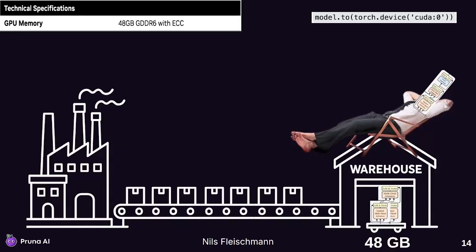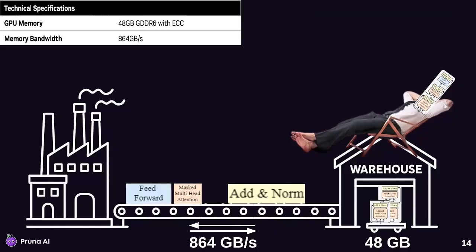And the magic really happens when you do some linear algebra with these weights and biases. So we have to move these numbers, these weights, these biases to our factory. And for this, what's really important is the memory bandwidth. In my case, I think it's 800 something gigabytes per second, and it tells you how fast you can move your weights and biases to your GPU back and forth. And that's really important because